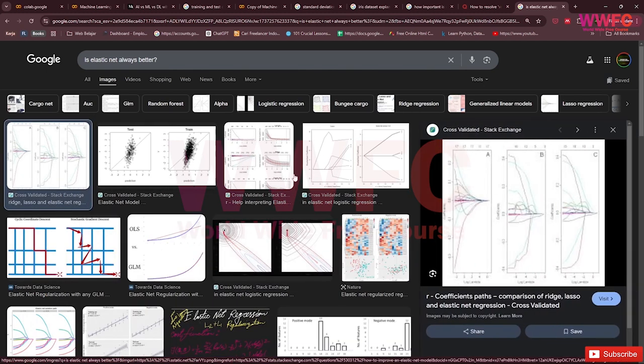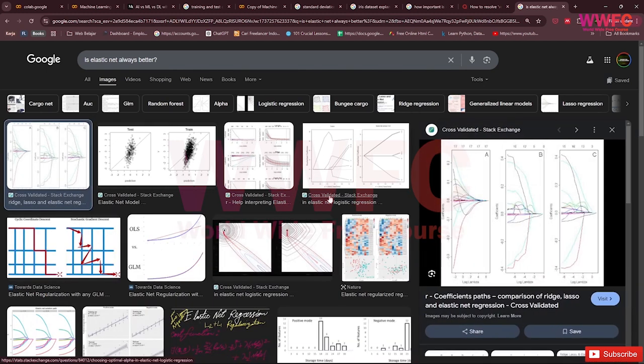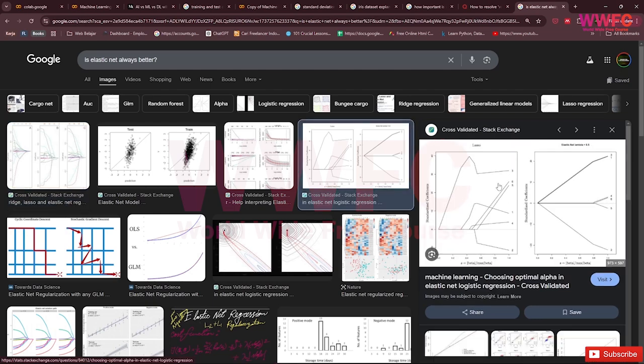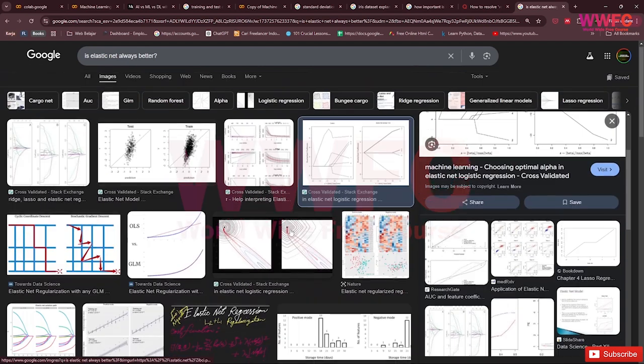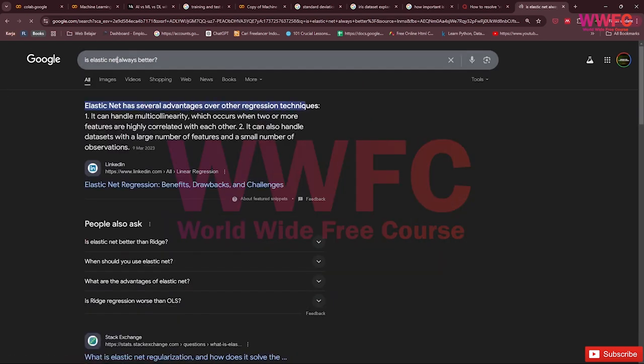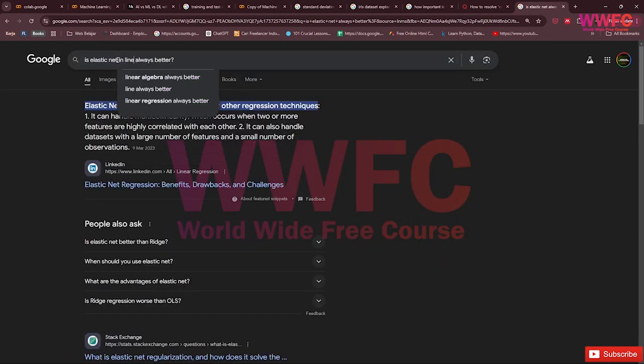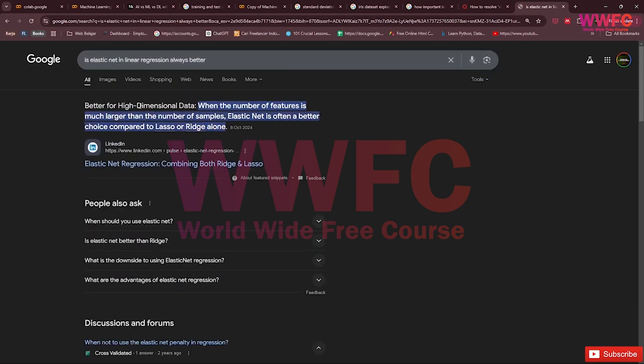So if you can see here, it's really the same as in linear regression. So it's better for high dimensional data.